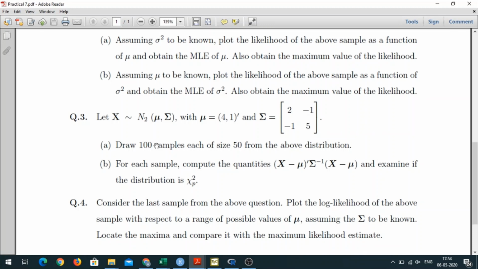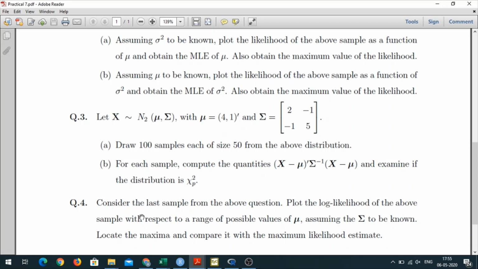One possibility is that even if the sample is actually not from chi-square, by fluke you got chi-square. Or the reverse: the sample is actually chi-square, but you are unlucky and the test gets rejected, because for any test there is going to be type 1 error and type 2 error associated with it. So what we are going to do is draw 100 samples so that we have repetition, and ideally as per our result, it should be chi-square and the type 1 error should be at most 5%. So roughly for 95 samples, we should get the chi-square hypothesis to be accepted.